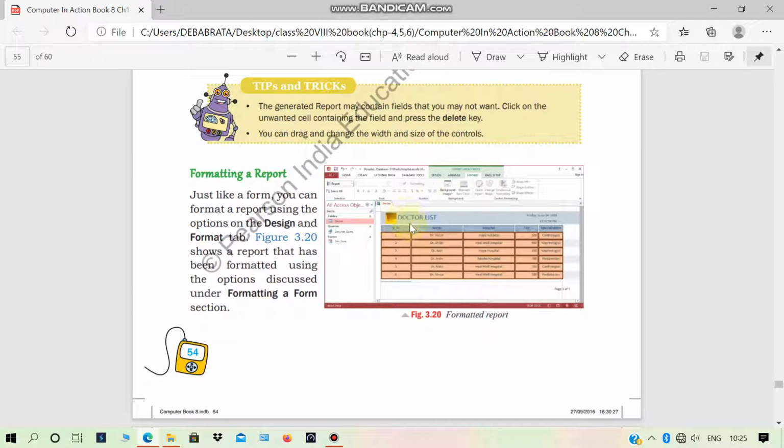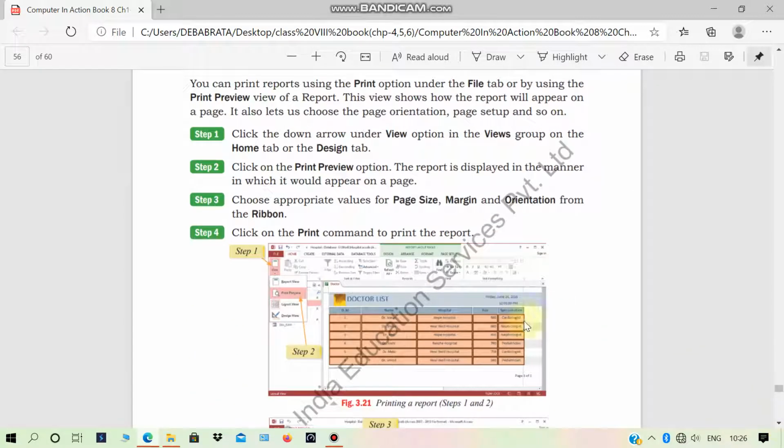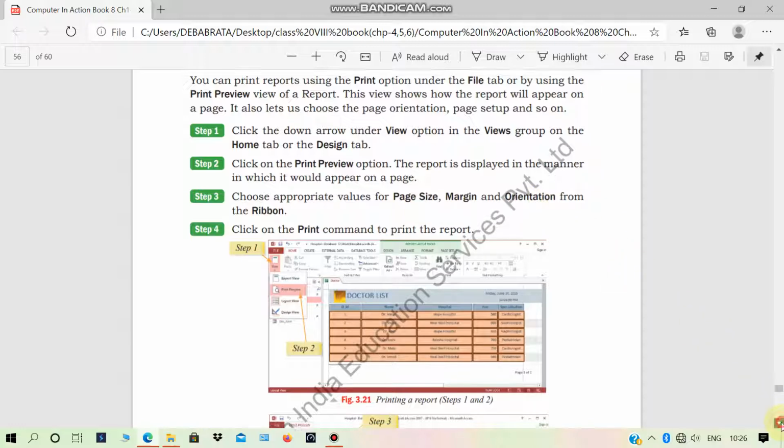After that, you can change the design of the report by clicking on the design tab. You can add logo and title of the report. Also, you can format the report by mentioning the background color. Here, orange background color is given by using the format tab. After designing and formatting is completed, you can print the report. How? You can go to the home tab or design tab and there you can click on the view option or view button and go to the print preview. In the print preview, you can see how the report is coming when you are printing. There you can set the page size, margin or orientation and your report can be generated.